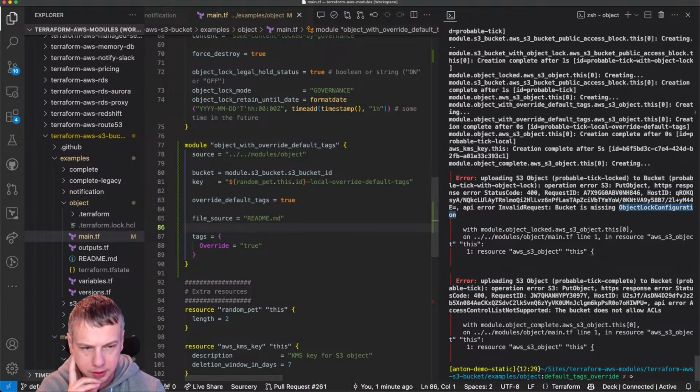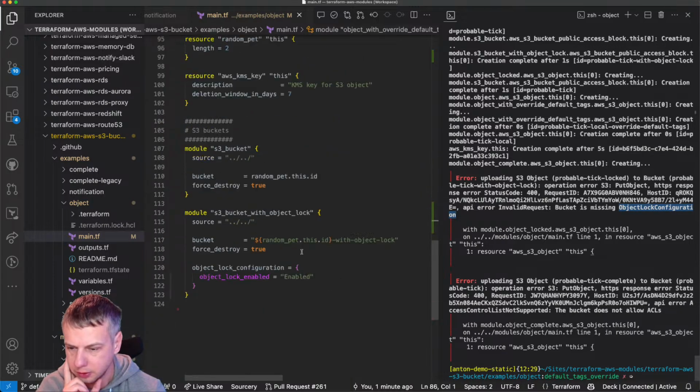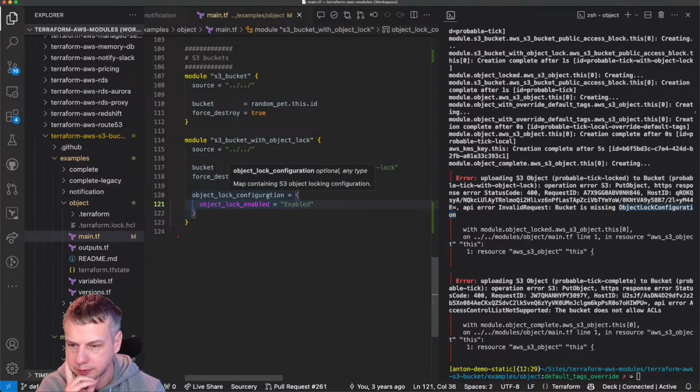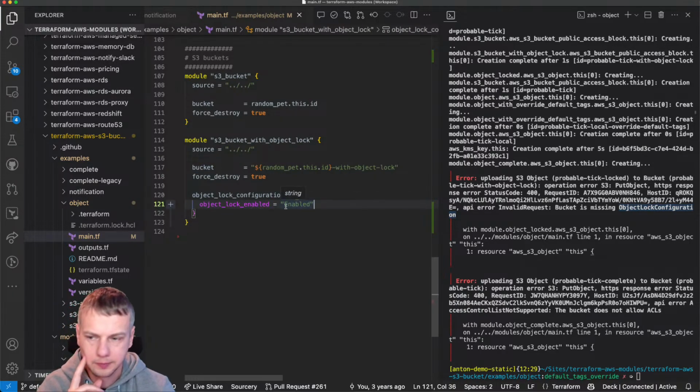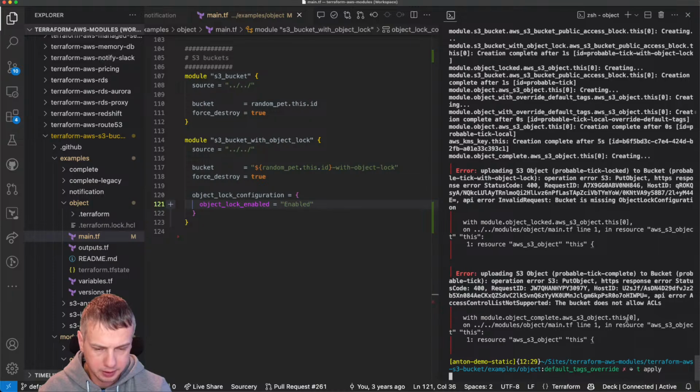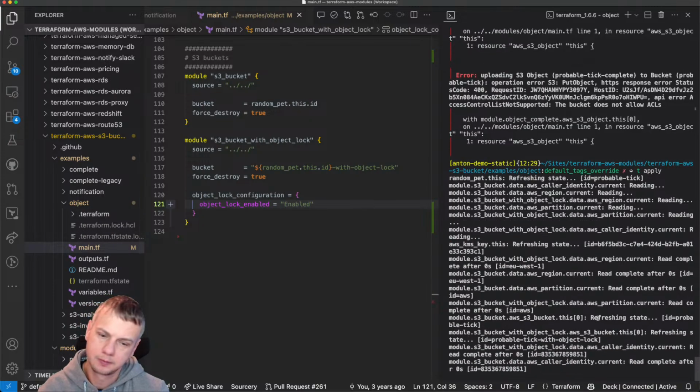Which bucket? With object lock. So this one. Object lock configuration enabled. I guess if I run this now, it will be all right. PutObject: the bucket does not allow ACLs. Anyway, if we run it now, will it work?